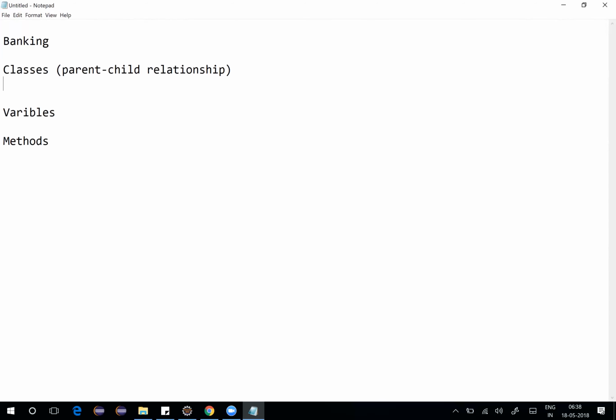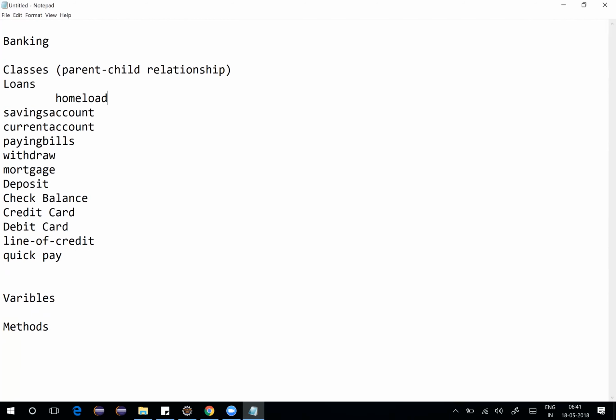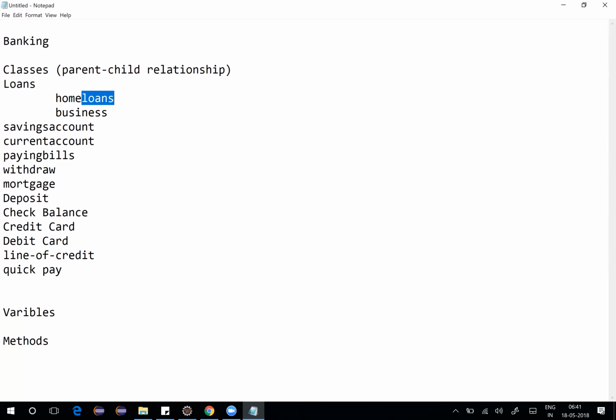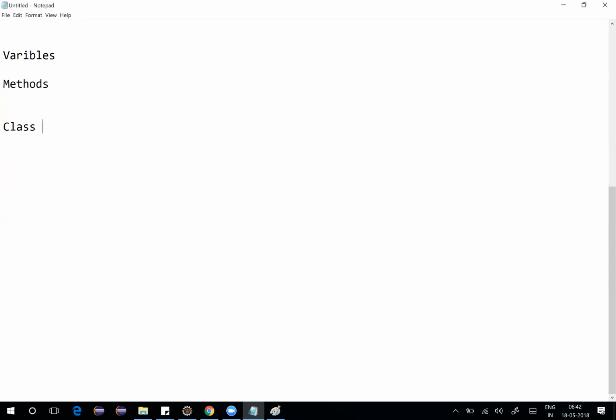Okay, let me just put anything. Savings account, current account, paying bills, withdraw, mortgage, deposit. So there's something called check balance, credit card, type of credit. There's a quick pay, home loans. I'll just put it home and business because they all come under loans. Education, transferring funds. Now, when I say class, a class is a